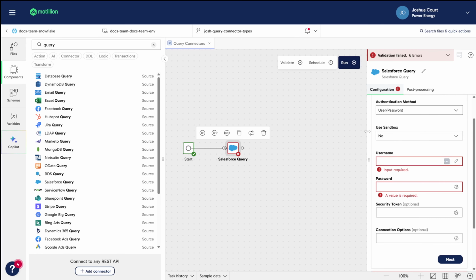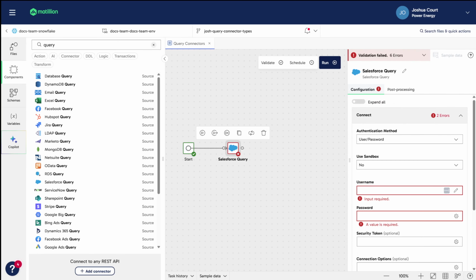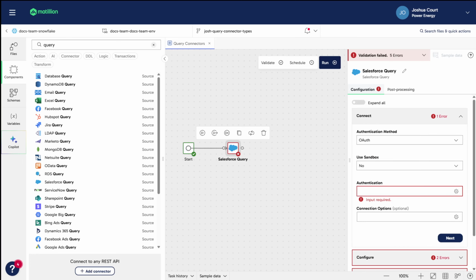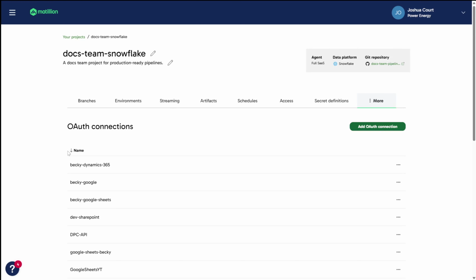The Connect tab is where you configure how a query connector will authenticate and connect to your data source. The authentication method controls how the connector logs in to your data source. The type of authentication will depend on your data source. Here we have the choice of username and password or an OAuth 2.0 authorization code. The OAuth 2.0 code needs to be set up in the OAuth tab of the designer beforehand.